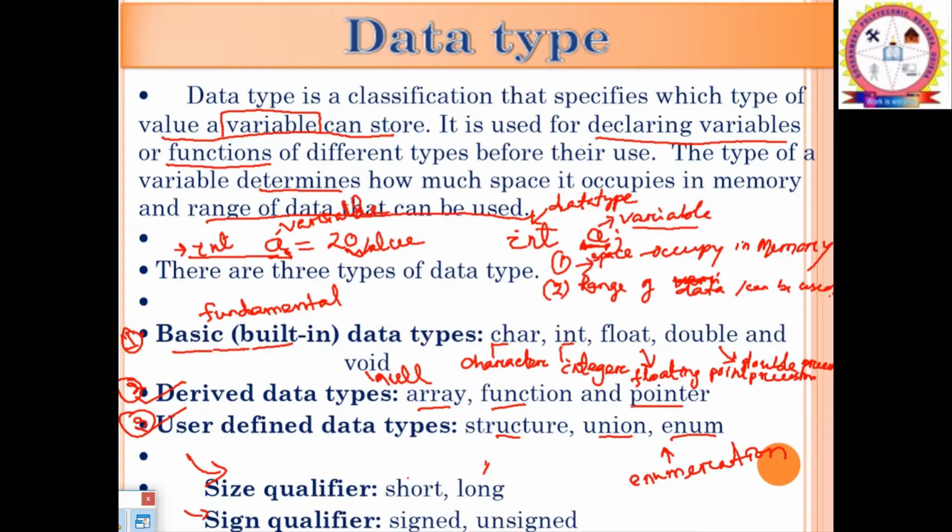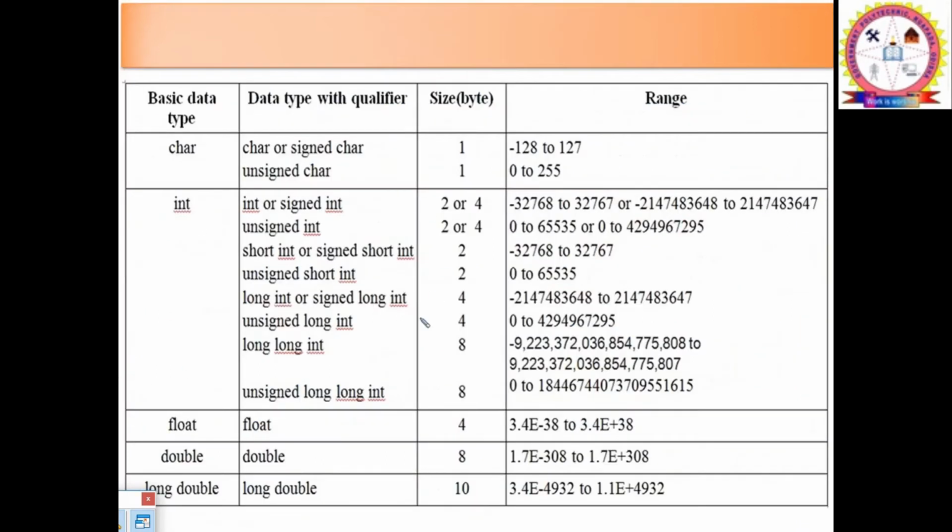So these are the data types in C language, and we will discuss broadly the size each occupies in memory and also the range of the data types. So we are discussing just the basic data types: char, int, float, double, and void, that is null. There is also another type of variable, long double.